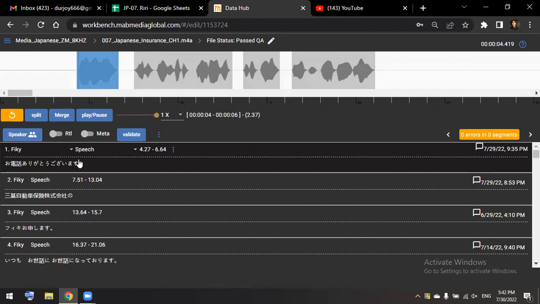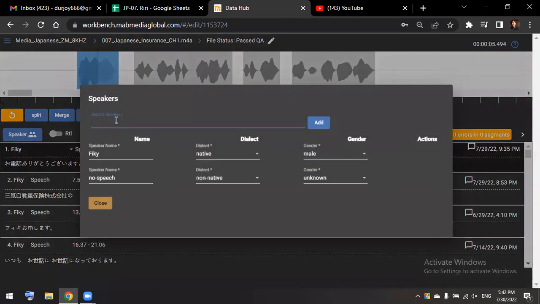In a new file, you just have to hear who the person is, a man or woman. Okay, I hear the words, this is a man. Then I go to speaker and create a speaker, writing Man with a capital M, and after that you don't put any space, just press 1 and just add.